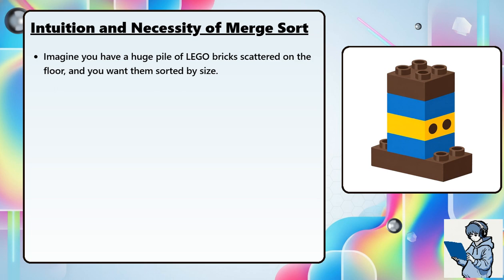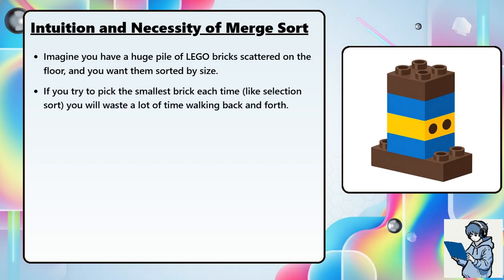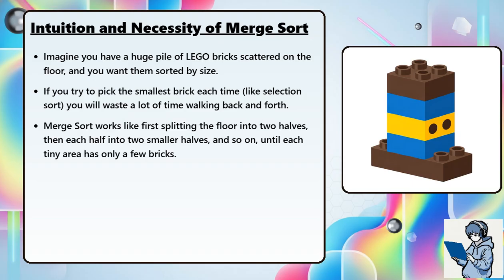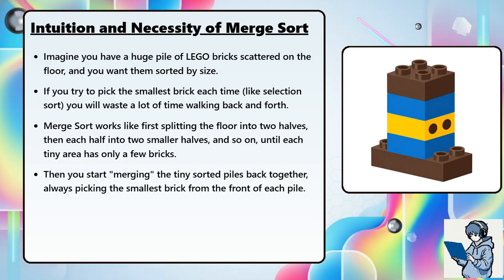Imagine you have a huge pile of Lego bricks scattered on the floor, and you want them sorted by size. If you try to pick the smallest brick each time, like selection sort, you will waste a lot of time walking back and forth. Merge sort works like first splitting the floor into two halves, then each half into two smaller halves, and so on until each tiny area has only a few bricks. Then you start merging the tiny sorted piles back together, always picking the smallest brick from the front of each